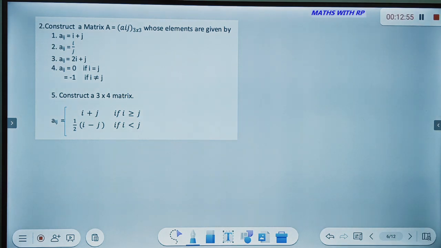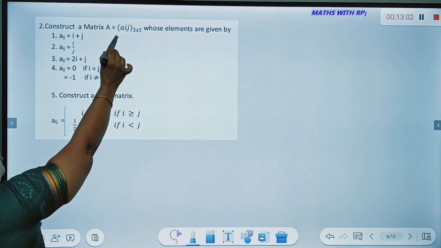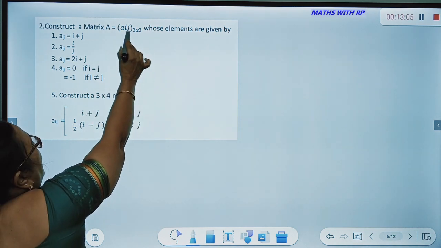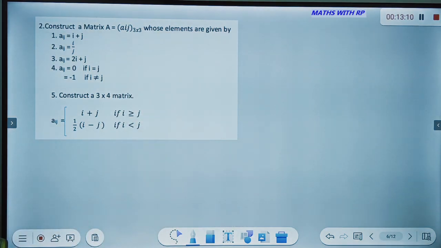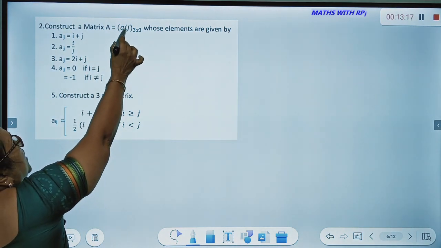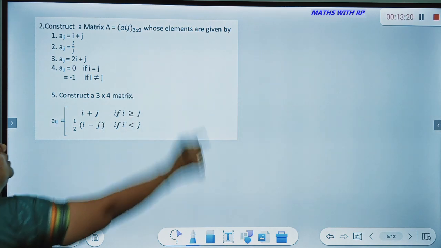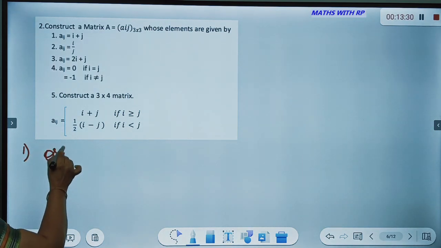So now we are going to see how to construct matrices. Okay. So in general, we write a matrix as A equal to [aij] 3 by 3. I represents the row, j represents the column. Okay. 3 by 3 means it has got what? 9 elements. So I can take any value between 1 to 3, j can take any value between 1 to 3. Okay. Now we are going to construct the following matrices. First matrix, what is the order? 3 by 3.